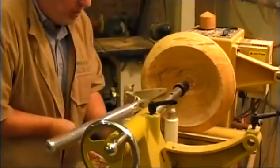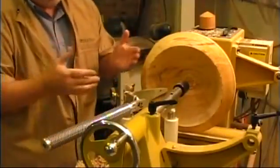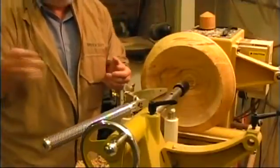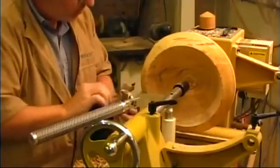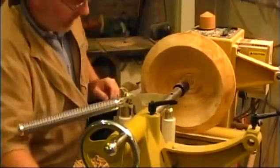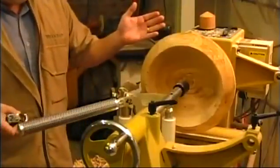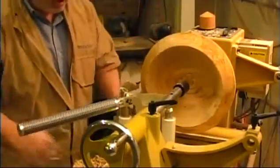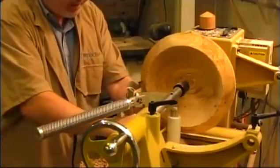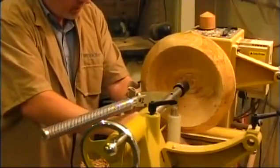So for each knife, you can get a number of different radiuses out of there, as you've seen. That smallest knife I did the first 2 cuts with, and now this one here I'm using for 2 cuts. If I want this to be about 1 inch thicker than what I was already, all I've got to do now is take this about 1 inch further down in. Okay, so